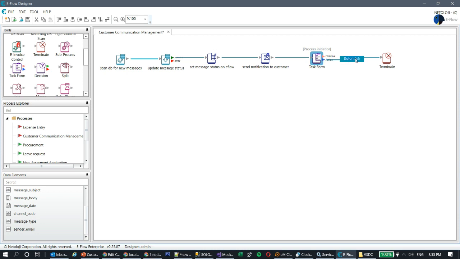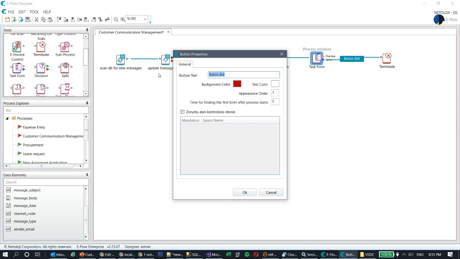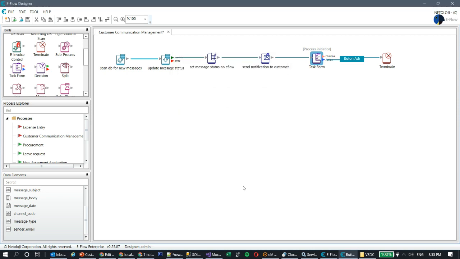So I'm going to double click on this button. It will be a red button, and then button name will be cancel, and it will take over the mandatory field control, which seems to be Turkish here, this text, but as I said, the recent version has everything in English. So I say okay,